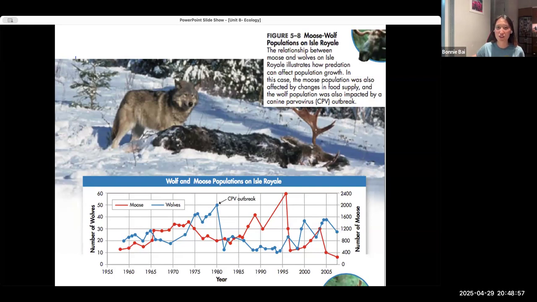Also, I just noticed, I always notice the wolf, but did you see the dead moose over here? I've been using this slide for like seven or eight years, and I've never seen this moose. It's so big. Actually crazy. Have you seen a moose before? I don't know if I've seen a moose in real life. I've seen elk. I think I was at a visitor center one day, and I stood next to a taxidermy moose. It was really quite frightening. That moose could kick me and I'd be dead.